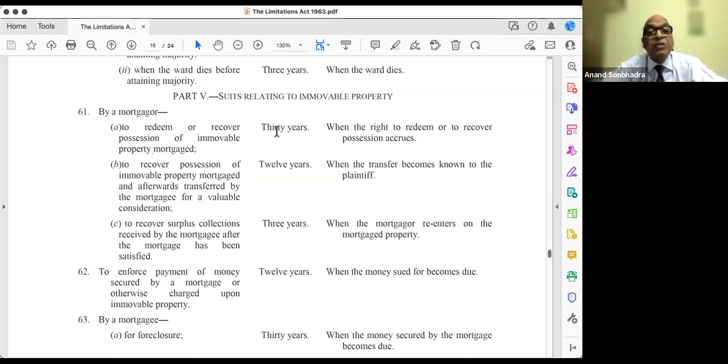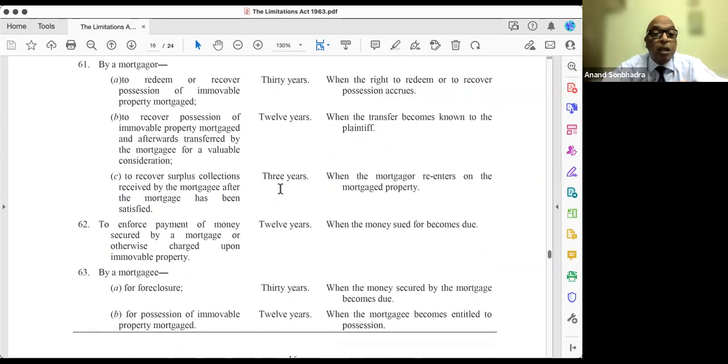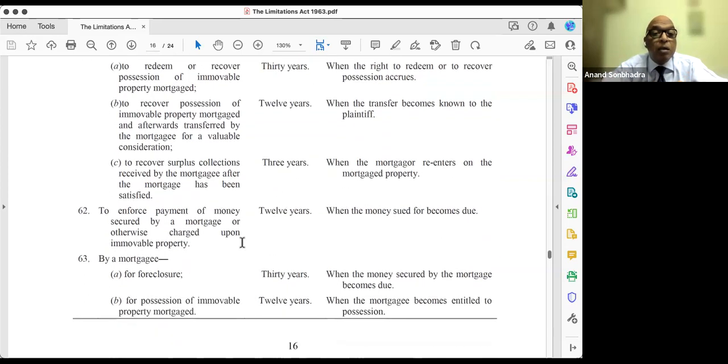So if you see redeem or recover possession of immobile property, mortgage is 30 years, within 30 years. And the time starts when the right to redeem or to recover possession accrues. Similarly, Article 62, if you see, to enforce payment of money secured by a mortgage or otherwise charged upon immobile property, that's 12 years. And why I'm specifically mentioning this is Article 62 is widely